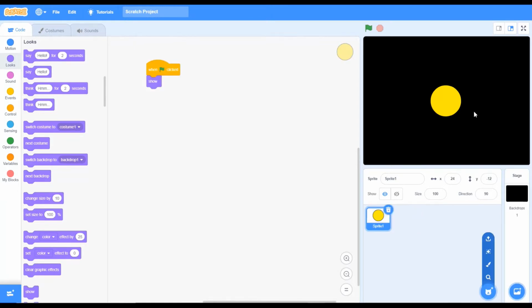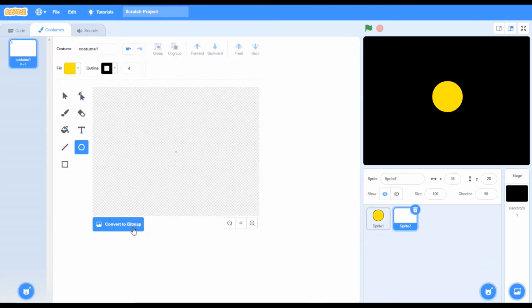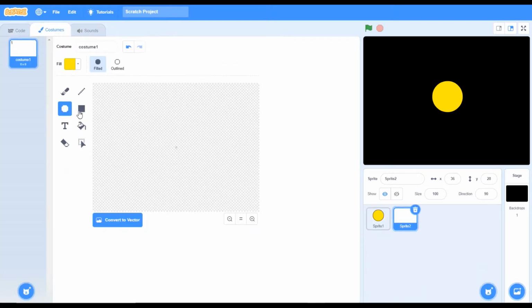Now I will make the orbit type ring in which the planets rotate. I will make that as a sprite, then it will be much easier, and I can change the size. I will go to the vector mode, and I think yellow color will be the best option. I will go to the outline option.